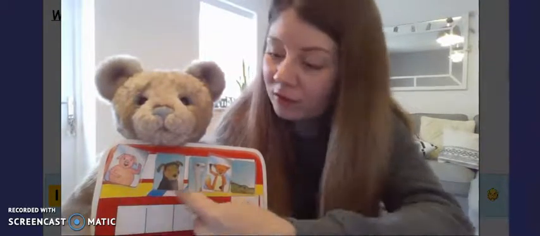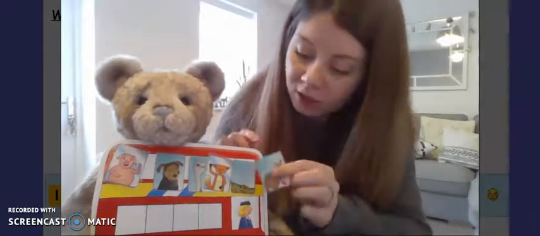Right, the crocodile's changed his mind. He wants to get back onto the bus. So there are now, let's count, more people. And there's even a fox. Shall we count them? 1, 2, 3, 4, 5. There are 5 creatures on the bus and one's going to get on. We have 5. What is 1 more than 5? It's 6, isn't it? I'm going to put a kangaroo on. Oh, I didn't show you that one at the beginning.